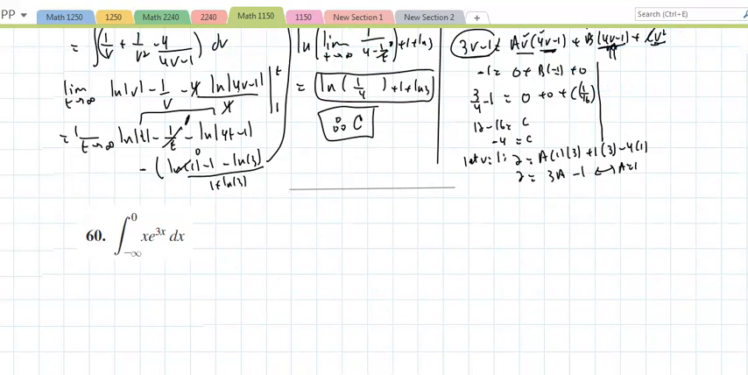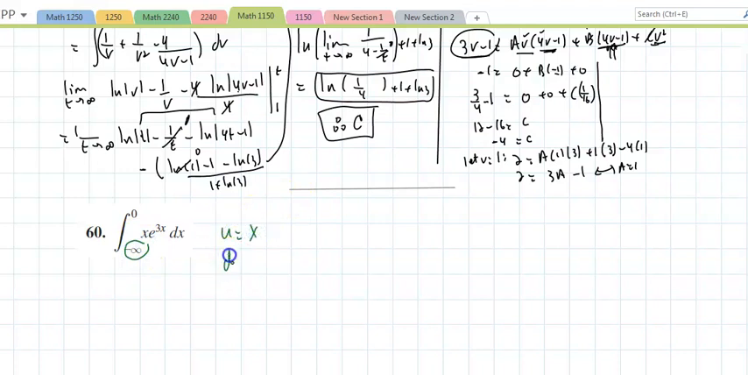Next problem up, I want to look at number 60, and I noticed that this requires integration by parts once. This only has an issue with negative infinity. So if I let u equal x, du will be dx, and if I let dv equal e to the 3x dx, and if I integrate, v would be e to the 3x divided by 3. So that makes this